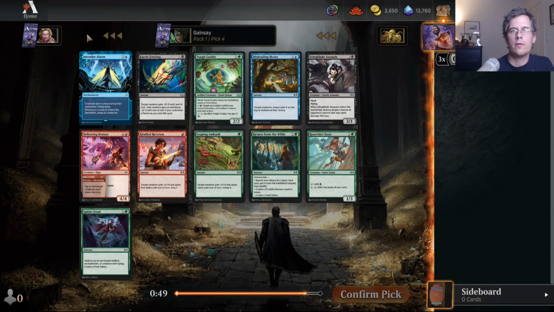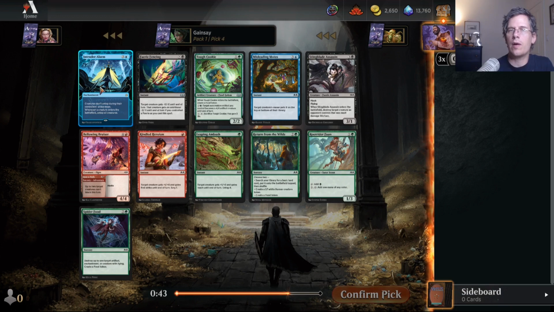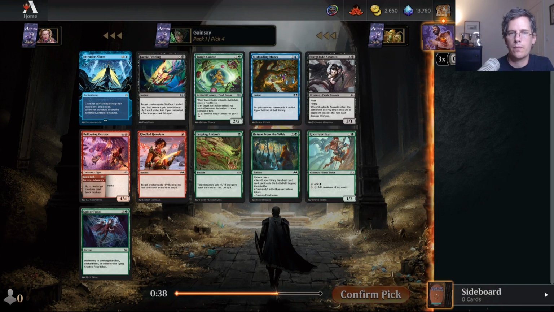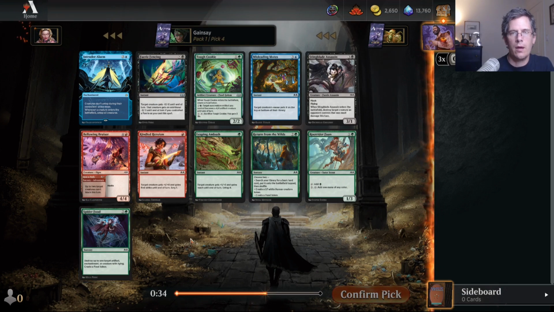Another black removal spell, Intruder Alarm. This probably is not a good card in Limited. It's very easy to make infinite combos with this card if you're constructing your deck, which is why I think it's banned in every constructed format. So